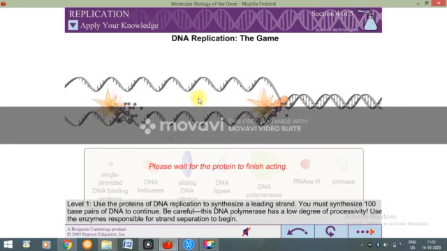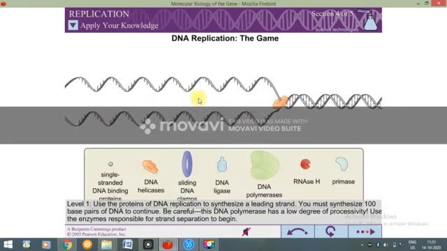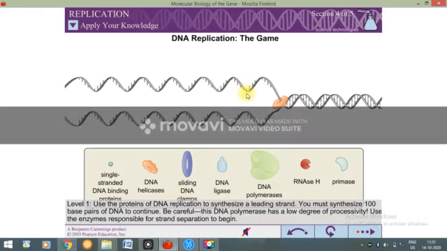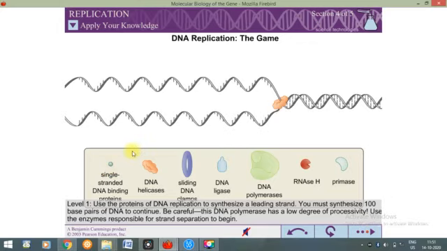It is unwinding the DNA, right? So next enzyme, what is the next function of this replication? First you have to separate the two strands. I have separated the two strands and I have got two single stranded conditions, right? Now I need to ensure that these two strands, which are now SS DNA, single stranded DNA, don't rejoin. That can be done with the help of SSBP, single stranded binding protein, right?